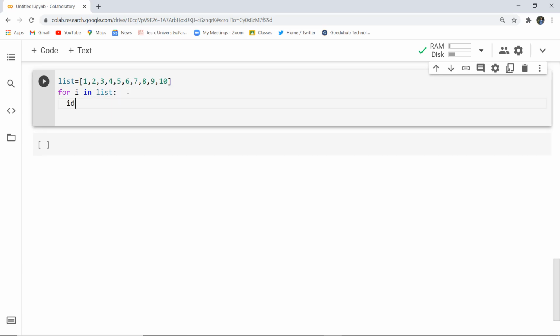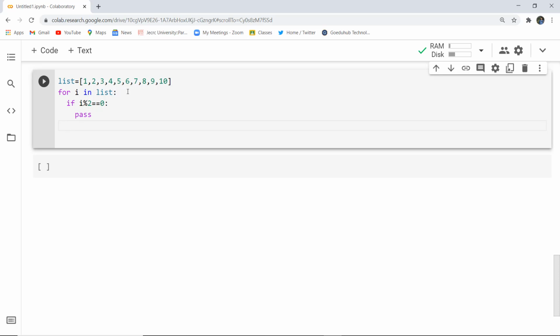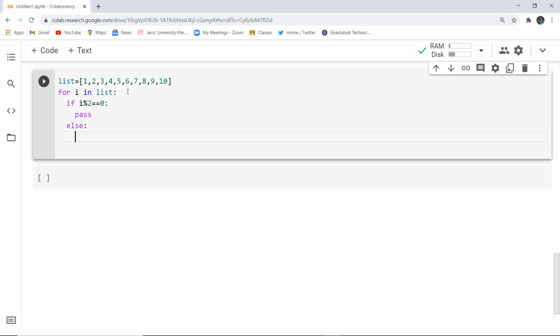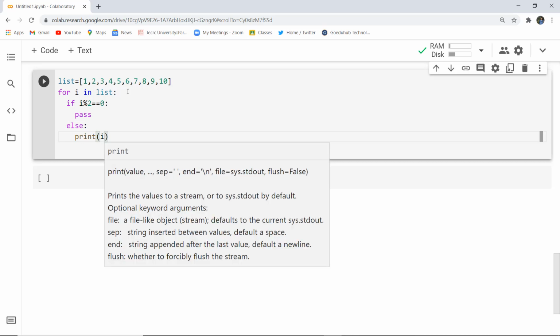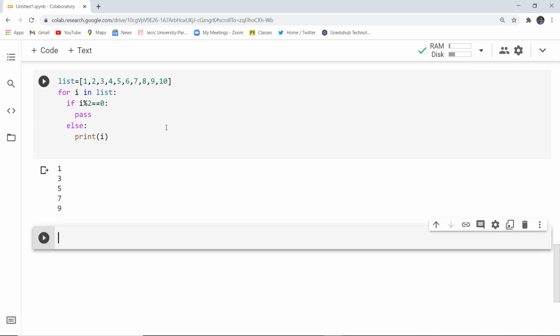Next what I am going to write is that if i modulus 2 equals 0, then pass, do nothing statement it is, else what we have to do is print i. So this is just a very easy program, and as I execute this particular cell, it returns me those numbers